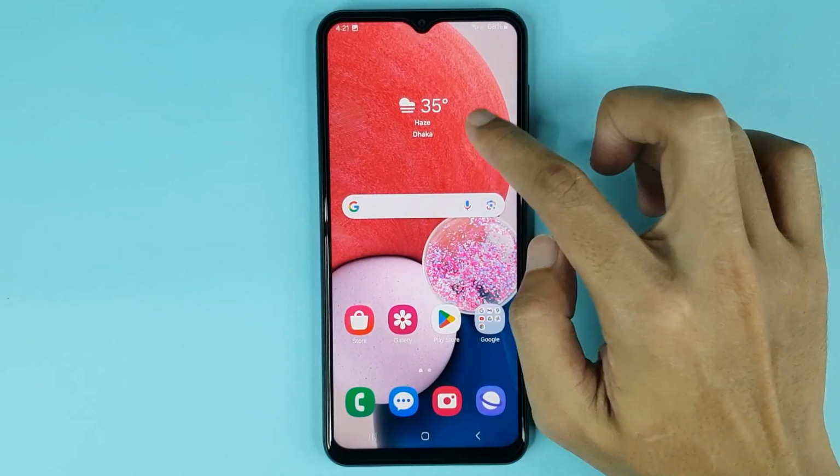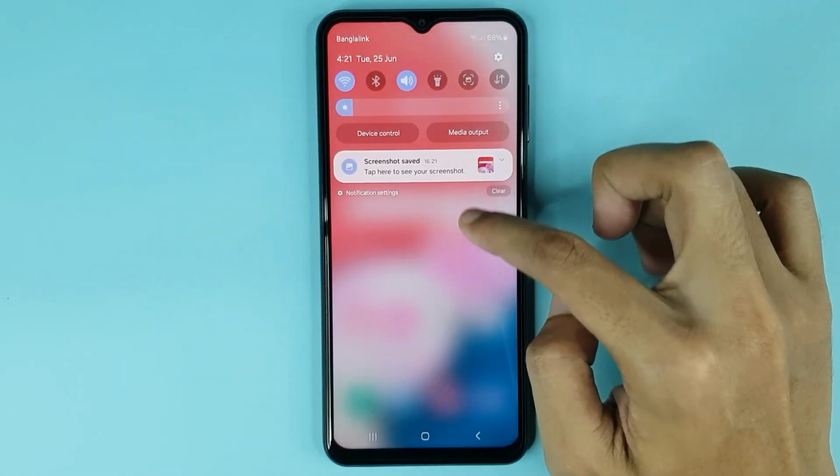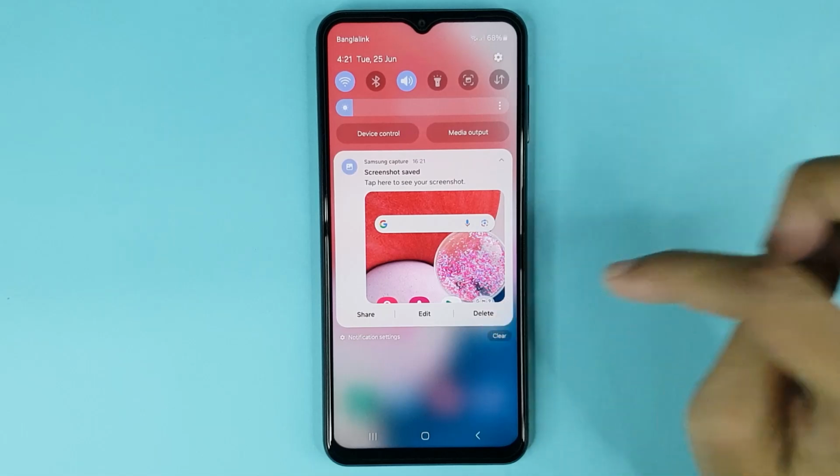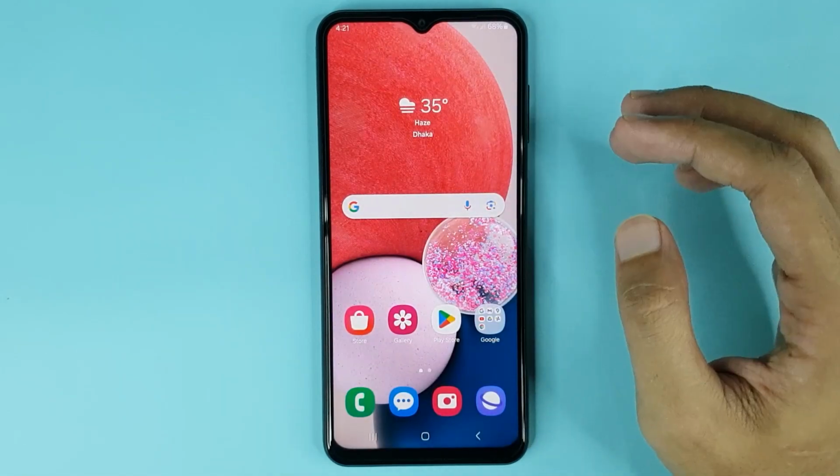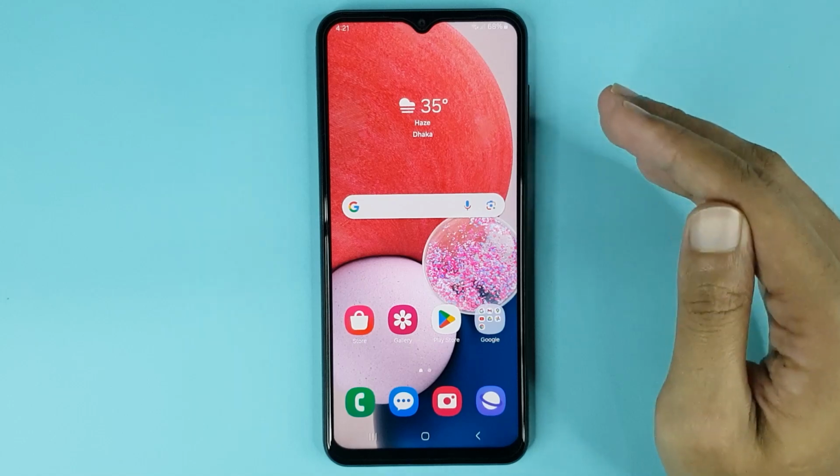Now if you swipe down, you can also delete this screenshot from your control panel. Then just tap on delete, then tap on delete again. And that's it. You have successfully deleted your